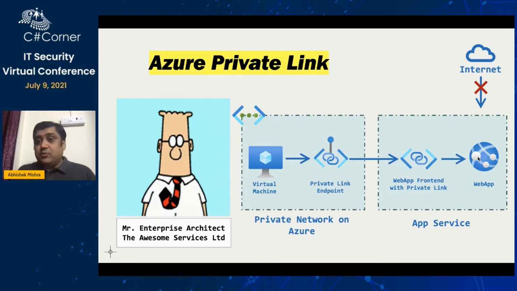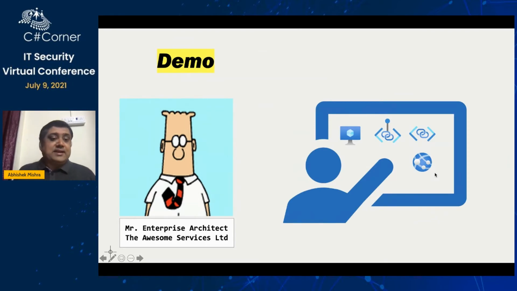But in a nutshell, this is how private link works for a web app, or for securing any kind of resource. It is not just a web app. You can have a key vault, because a key vault also has sensitive information, so it should not be accessible publicly. You can have blob storage or a storage account, or a file, any component of a storage account, even a data lake. All these public resources you can bring into a VNet using private link. Now let's get into a demo, and I will show you how to get it done.